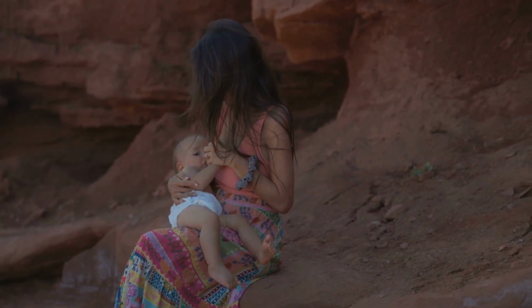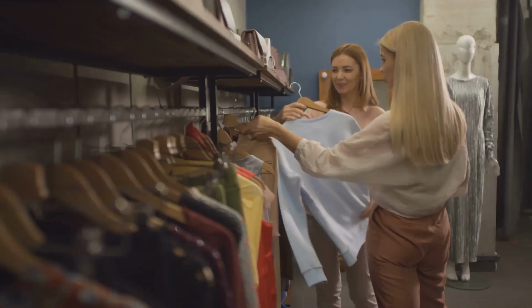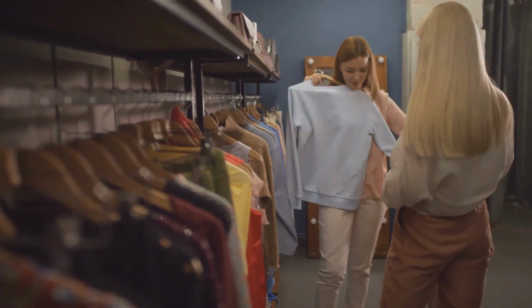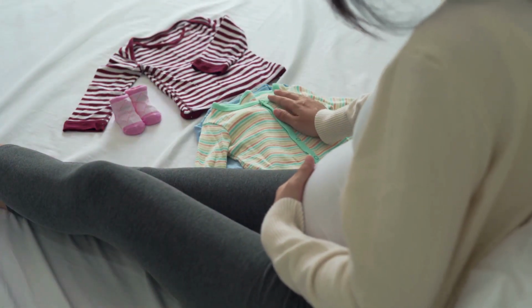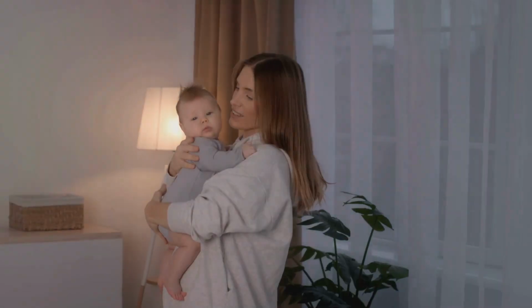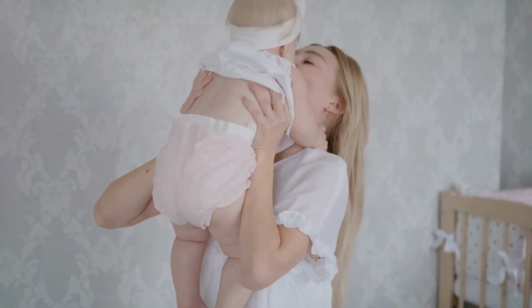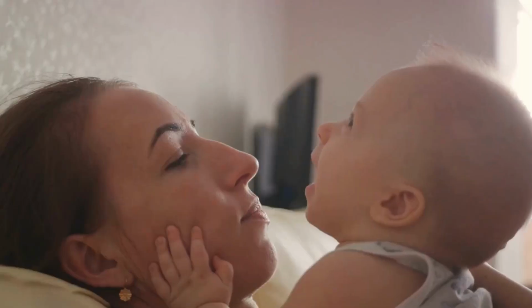Motherhood is indeed a beautiful journey, but it often comes with its fair share of challenges. One of these challenges is finding the perfect outfit that doesn't just serve the purpose of easy breastfeeding or pumping, but also makes you feel comfortable, confident, and stylish. It's not just about the clothes, it's about how you feel in them. It's about feeling like yourself, feeling feminine, and most importantly, feeling confident. Your confidence